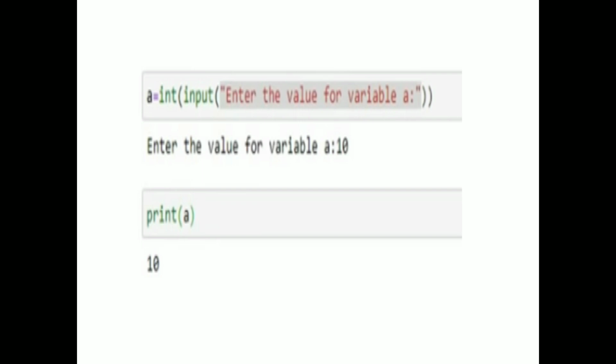The message displayed on the output screen is enter value of A. I have passed the value as 10. Next, print the value of A. It displays the output as 10, with the help of a request message.